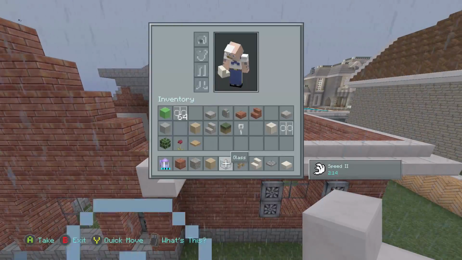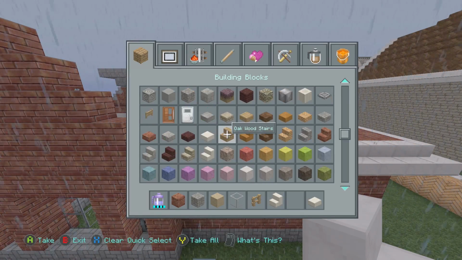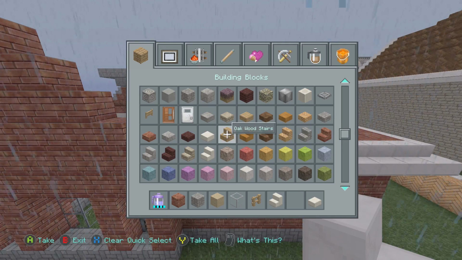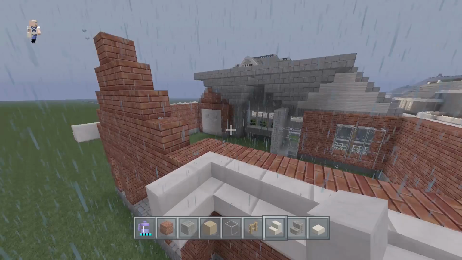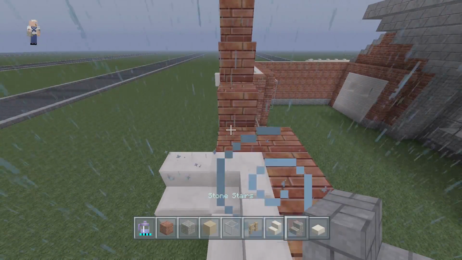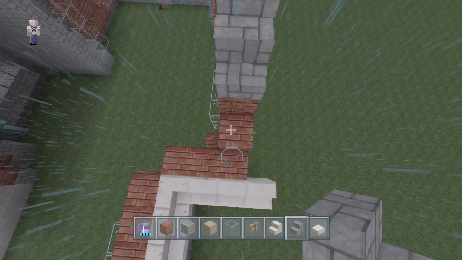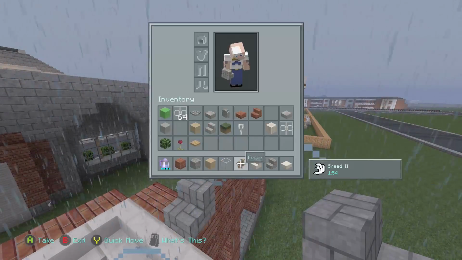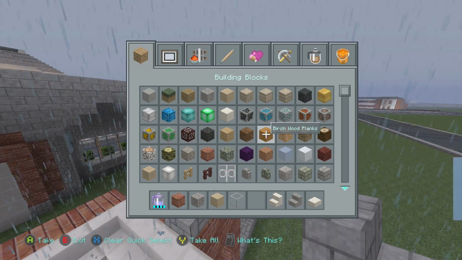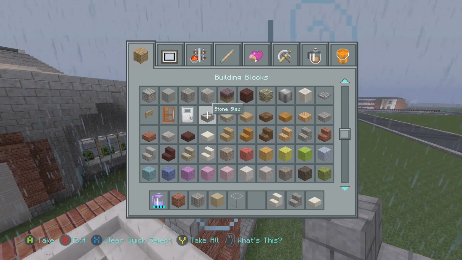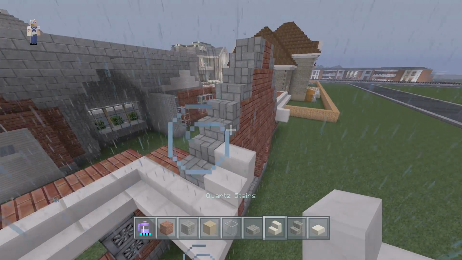Now, the actual roof itself, I've been thinking about what kind of brick I want to use for it. And I've been leaning towards cobblestone a little bit. So we're going to use cobblestone for the actual roof. So we're just going to stack it up with the stair step here. Again, it comes to a perfect point, so we will need a cobblestone slab. So let me get that. Where are the slabs? Here they are, and there it is. Perfect. Alright, let's add our quartz for our overhang here.